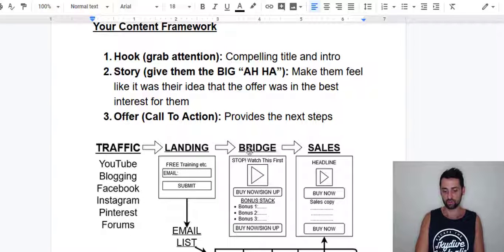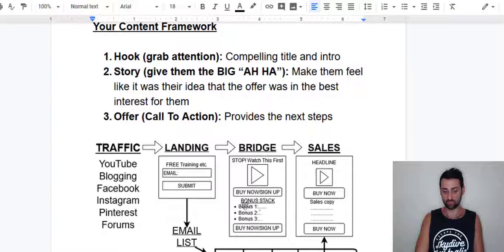But either way, you do want to have a bridge page. So rather than sending them straight from the landing page to either the sales page or the registration page of whatever it is, you want to have a bridge page where you're remaining a part of this whole process, and you're introducing yourself. You're either letting the person know that they're going to receive their training in the first email, or you're explaining exactly what this product is, how it's going to help them, why they need it, or why they actually need to make sure that they do go through the training and what they're going to get out of it.